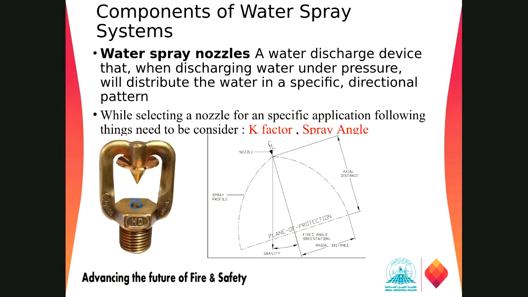When the water from this side strikes this deflector, from that deflector it will make a profile like this one. We can see the profile. Now these nozzles come with different angles. But what angle of area will it cover? So for this application, we need the K factor and a spray angle, meaning what is the angle we need to protect? Because as we discussed, for this nozzle, once it discharges, it will cover only this area, right?